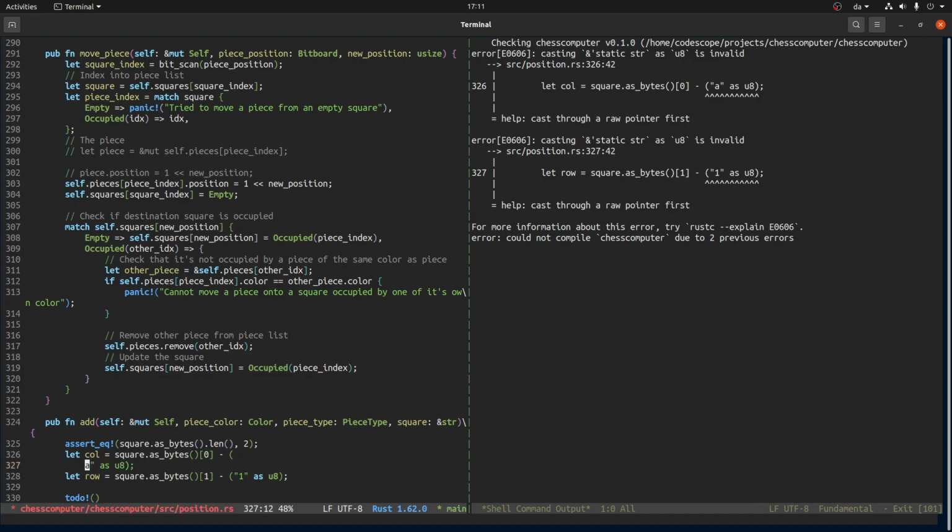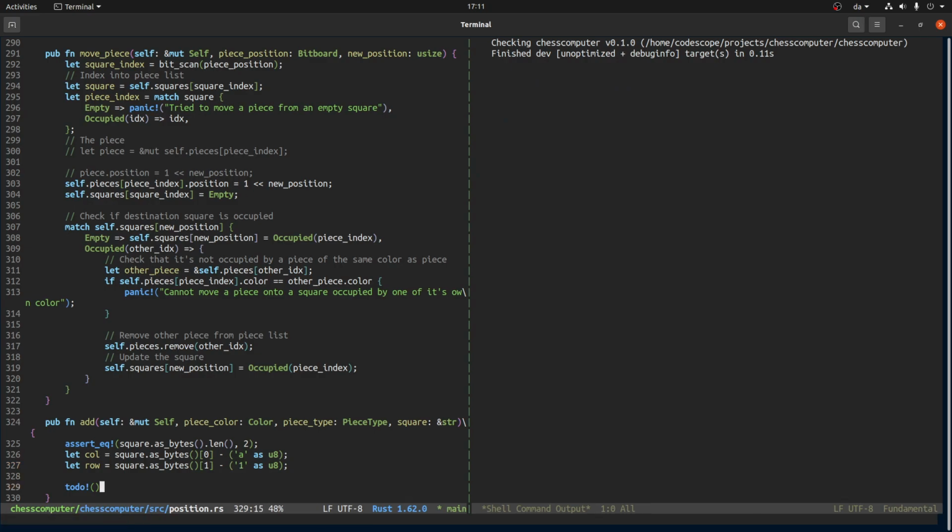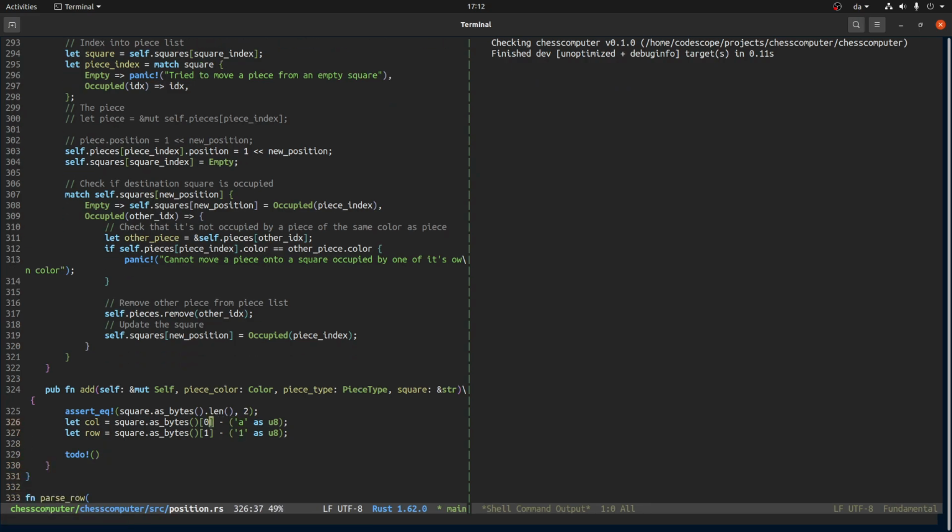Okay, so you cannot cast this to U8. Makes a lot of sense. Let's try to make it a character. That works. So let's ensure that this is the correct type, that nothing crazy is going on. So I'm basically looking at the first character in the square specification. So square could be E3, for example. So I'm getting E, and then I'm using the fact that